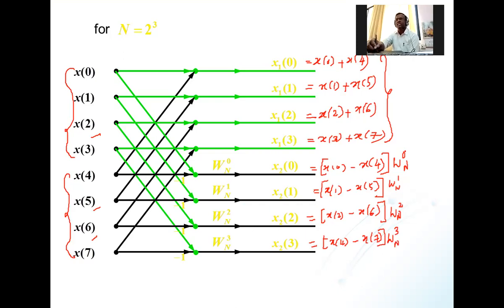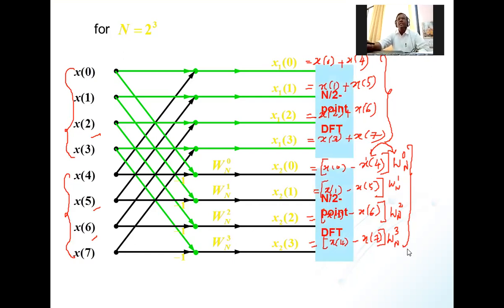Here this is the first half portion and this is the second half portion. The only thing you need to remember is that the first half portion is complete addition and the second half portion is complete subtraction. The multiplier is multiplied with the whole bracket, so you have to take care of this part. Most of the time students make the mistake of multiplying the multiplier with only x of 4, and then they get the answer wrong. So please take care of this part.